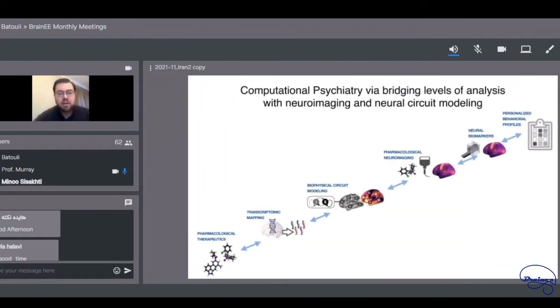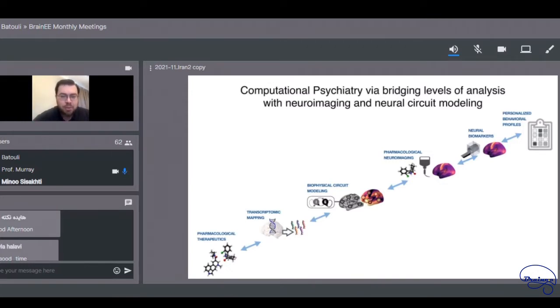And so this is really our goal, right? And this is applicable for psychiatry, where the challenge is really to bridge these very different levels, from the molecular level, which is where we have pharmacological therapeutics, all the way up to the level of symptoms and behavior where disorders are diagnosed, right? And we have multiple technologies to try to bridge these up. We can look at the distributions of genes and receptors in the brain and see which circuits are involved by a disease process or by targeting with a drug.